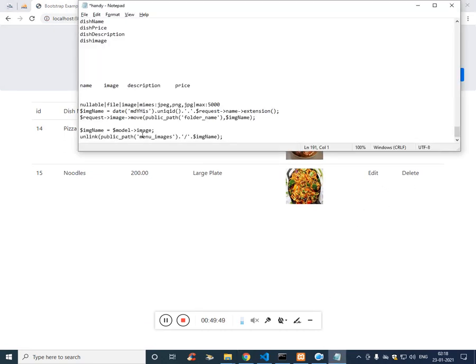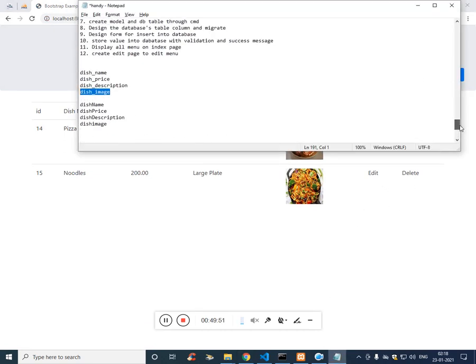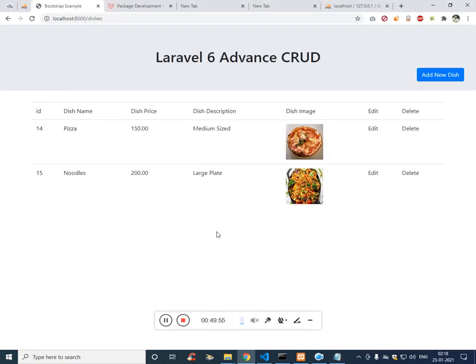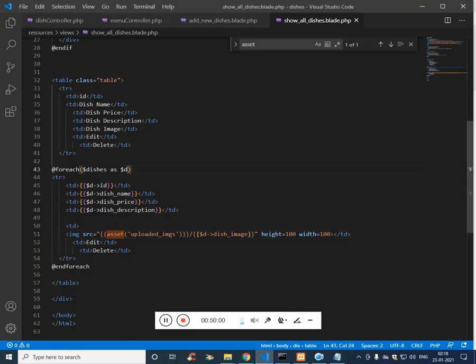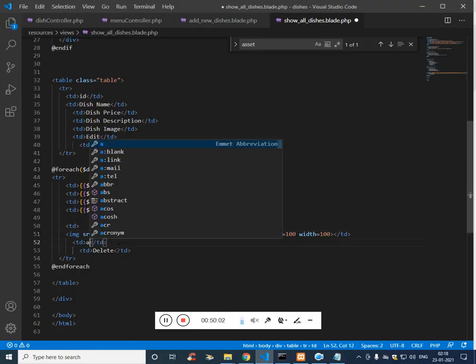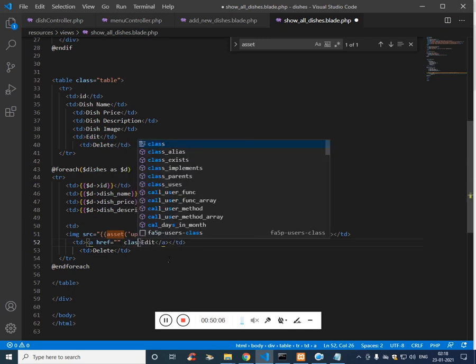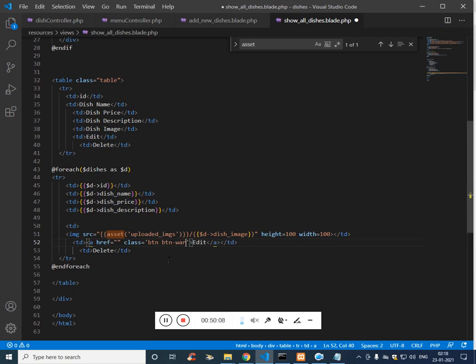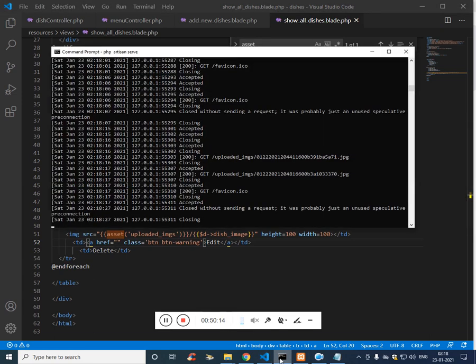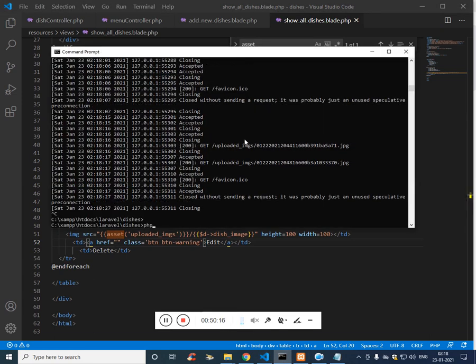Now the next step is edit. So if I click on edit, the edit should be a button with anchor tag, class btn warning, and here we have to see the route list, php artisan route list.